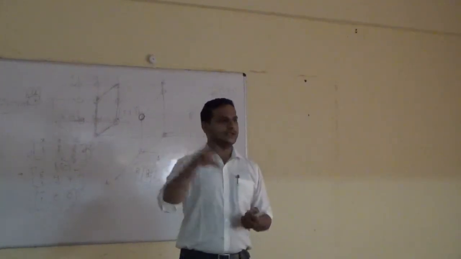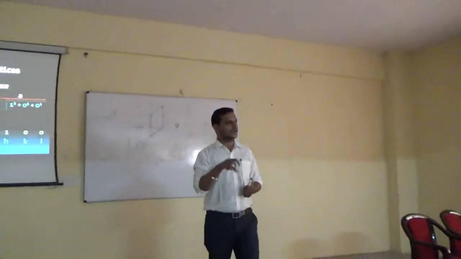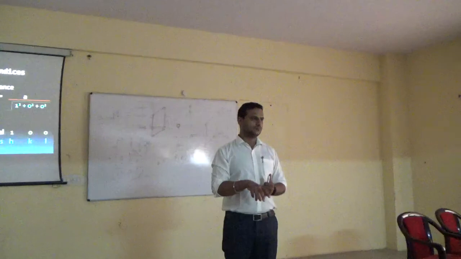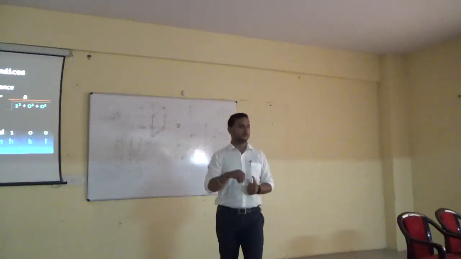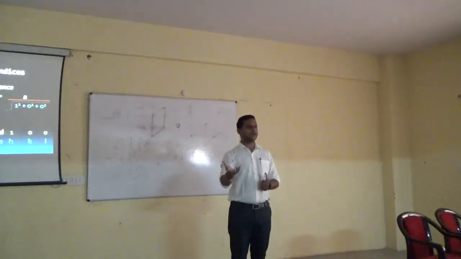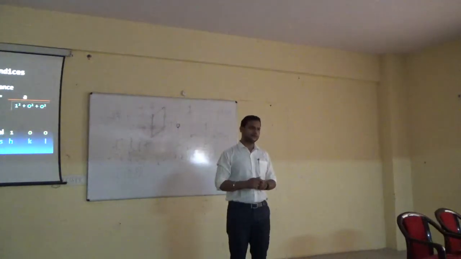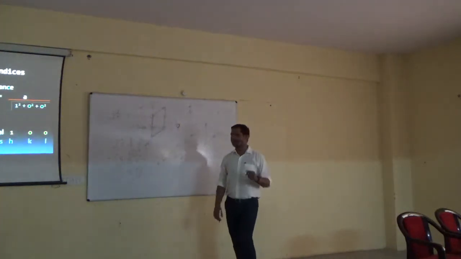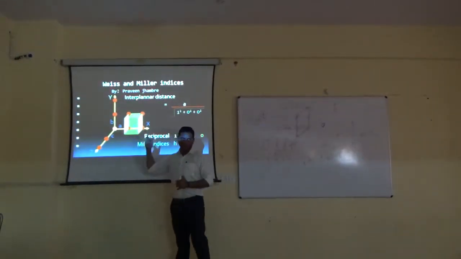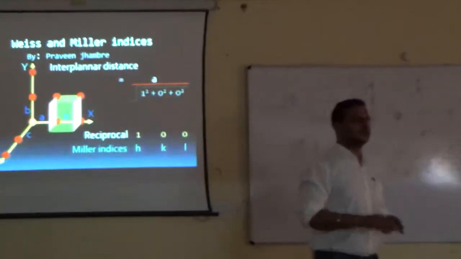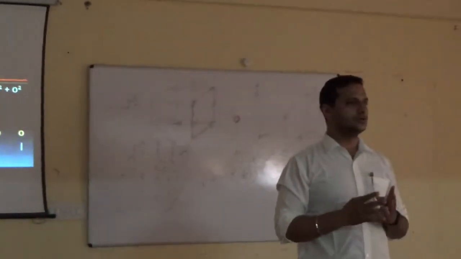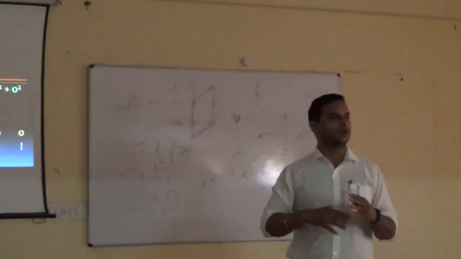So for any kind of engineering purpose we have to know the internal structure of the material, what kind of structure it has, BCC or FCC, and depending upon that we know the mechanical properties of the material. Yes or no? These are studied in the lab. If we know the value of the distance between two planes, we can easily find out whether the metal forming of this material is carried out smoothly, or whether it requires a lot of processes.